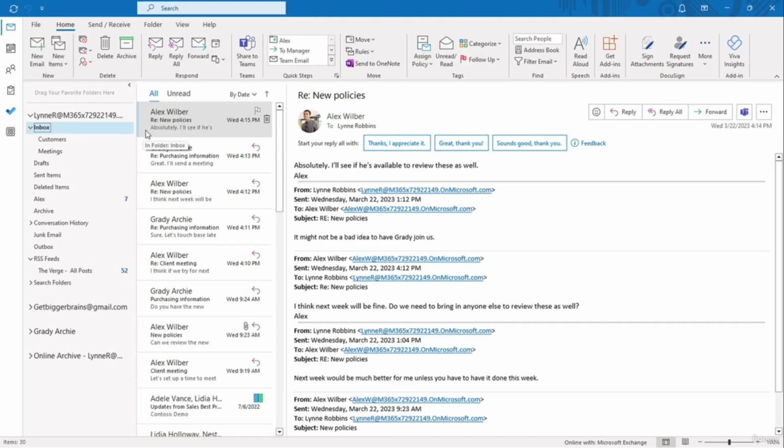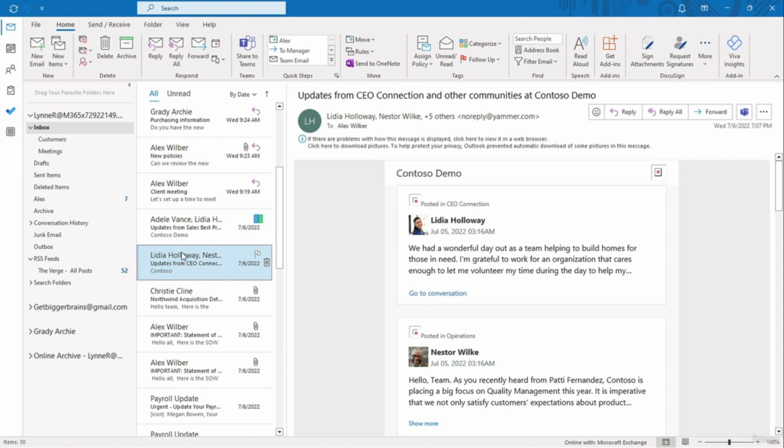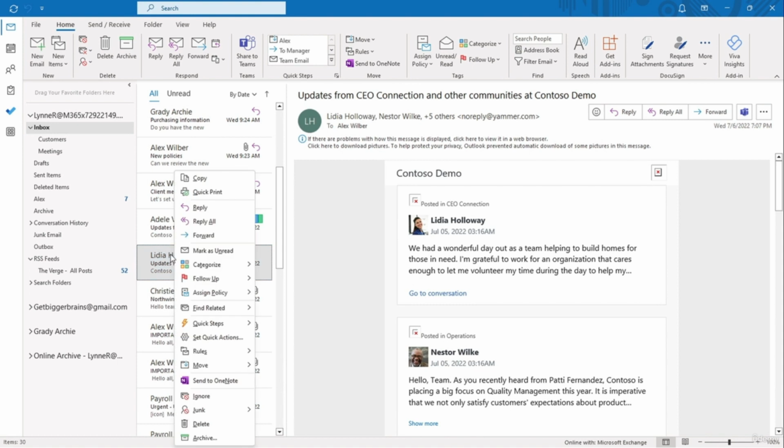Luco, when we have actions or steps that we use frequently, we can actually set up quick clicks, quick actions, or rules to make that happen faster. Let's do it. The first thing we're going to do is set up a quick action. So let's go down to Lydia's message. If we right-click on the message and then choose Set Quick Actions,